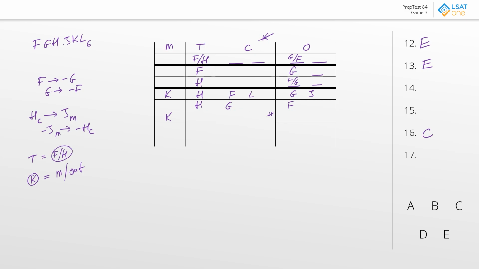Answer choice A, could F and G both be councillors? Well, no, that definitely can't happen because we know that F and G cannot both be nominated. So answer choice A gets disqualified. Next, could F and J both be the councillors? Well, looking at our exhaustions, in this scenario it wouldn't work because F is in the treasury, but here, could we have both F and J be councillors? It seems like it would be plausible, at least it doesn't seem to break anything. G obviously would have to be the one who was out, but otherwise that seems okay. Let's hold on to that one for the time being.